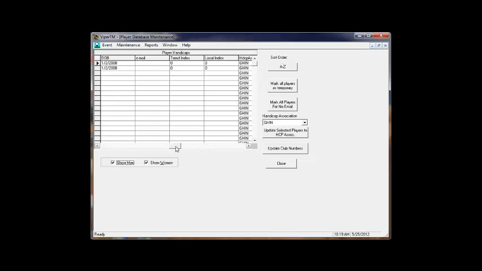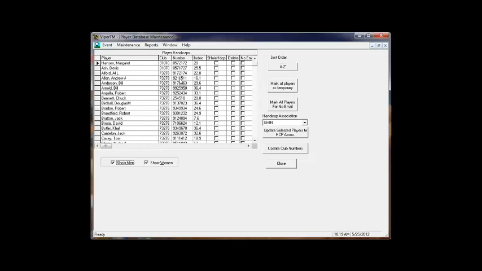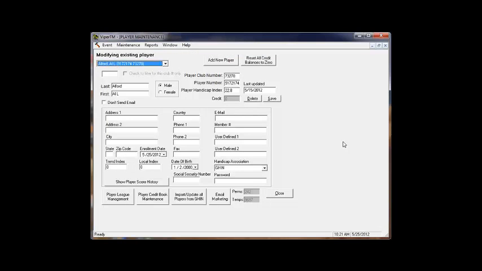form and all of the fields that are in the database for those players, along with their current index, current GHIN number, and you can make modifications on the screen if you need to make corrections to the GHIN numbers or whatever. There are a number of other very useful utilities on the Maintenance Players Player Database Maintenance screen for